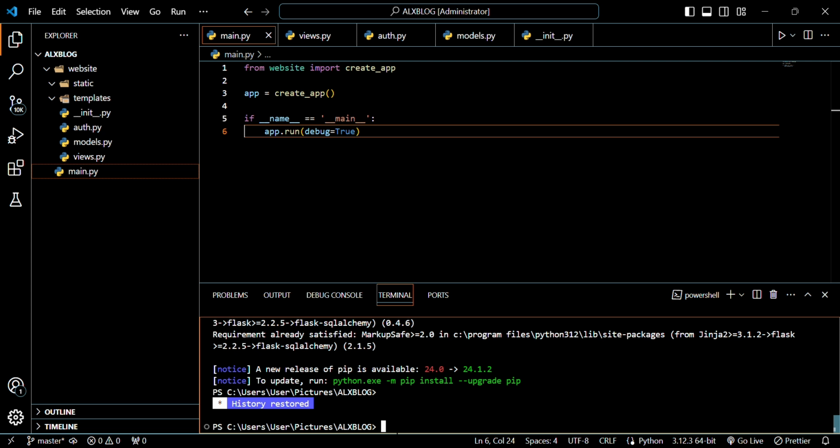So to run a script in Python, we would use the command line python, and then we would state the file that we would like to run. I told you that we'll start our Flask server using this main.py file. So I'll say python main.py,